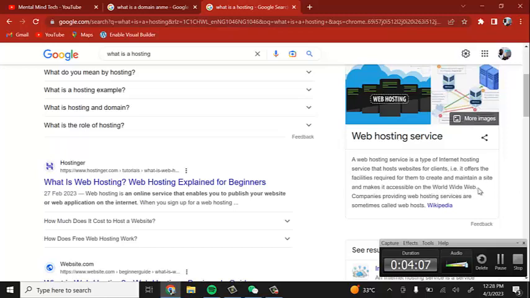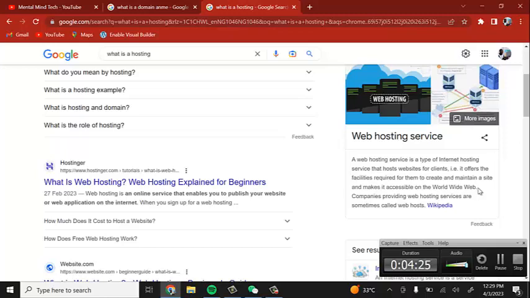Wide Web. Now, when you purchase a domain name, you don't just stop there. You go on to purchase a hosting plan for your website. All right. Without the hosting plan, your website cannot go online. It's not enough that you just have a domain name. Your domain name is just the name of the site. All right. You still need to have a hosting plan for your website to be able to function.